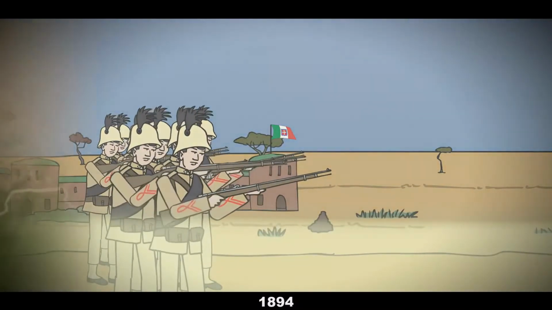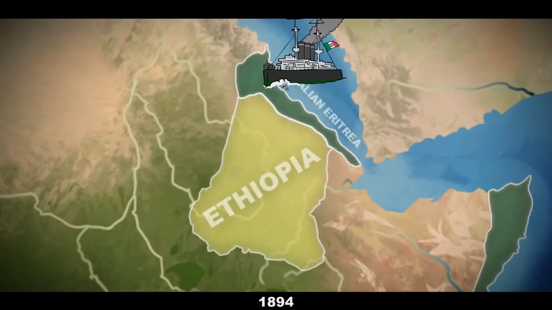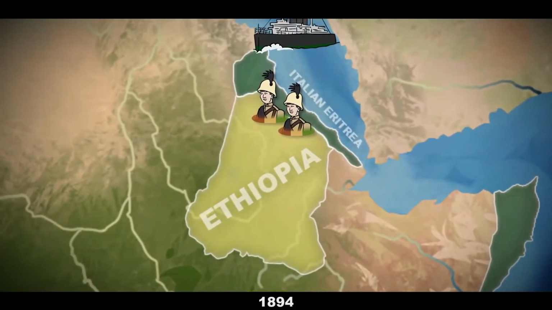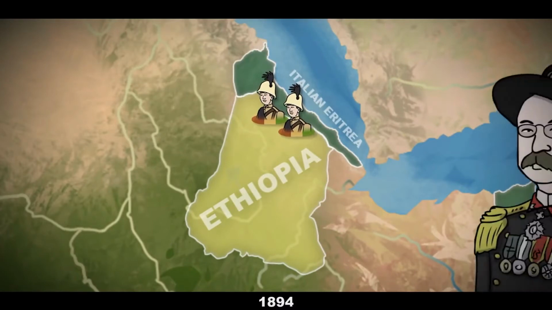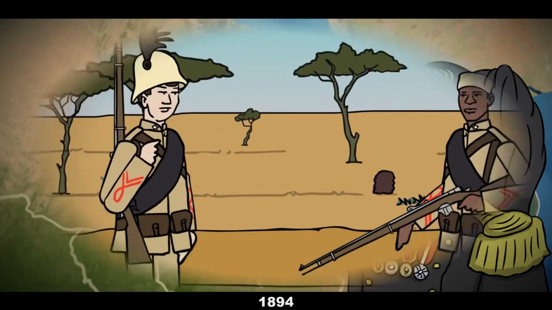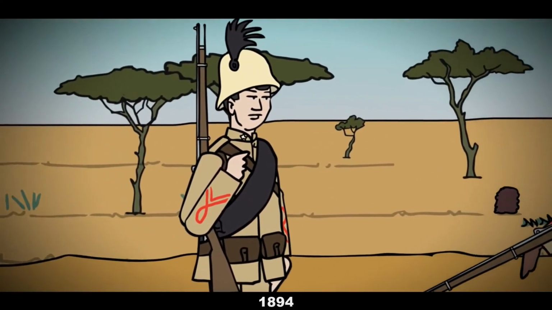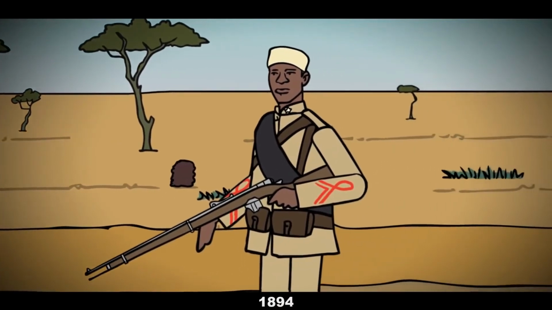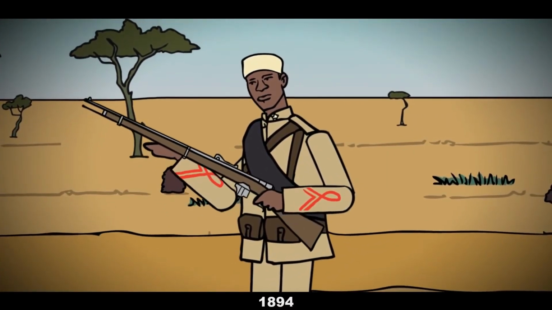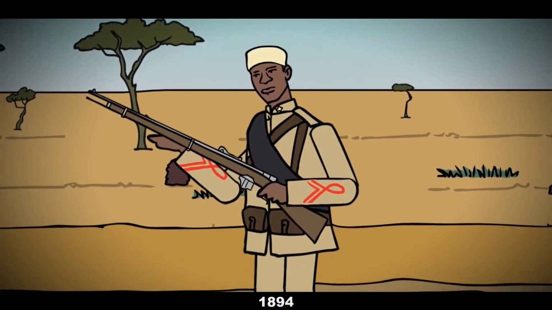In response to this, the Italians sent expeditions into Ethiopia, an act which served as a declaration of war. The leader of this expedition, General Oreste Baratieri, had previous military experience in the wars of Italian unification and in Eritrea. Baratieri's expedition of 20,000 men was composed of both Italian soldiers and local Eritrean auxiliaries, who were mostly equipped with the nearly outdated Vetterli rifle, which used a black powder cartridge.